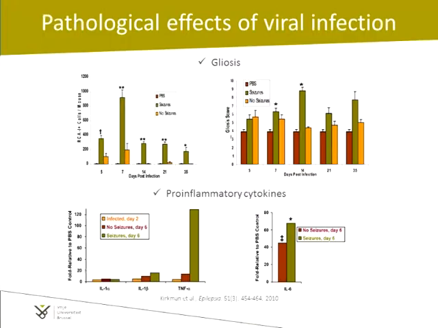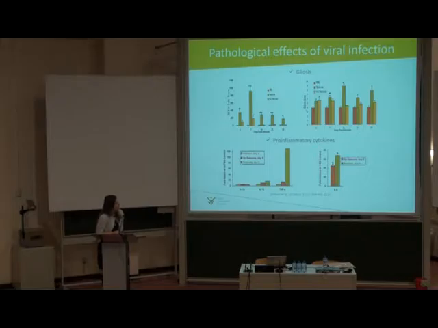Microglia and macrophages can release pro-inflammatory cytokines that were investigated, and we see in these graphs that some cytokines appear to be less relevant in this model, such as interleukin 1 alpha and interleukin 1 beta, while TNF alpha, tumor necrosis factor alpha, was actually significantly increased only in mice which were having seizures 6 days post-infection. Interleukin 6 is also increased in this group, so mice that are having seizures, but also in the group of mice that is not having seizures, even though it was infected with the virus.